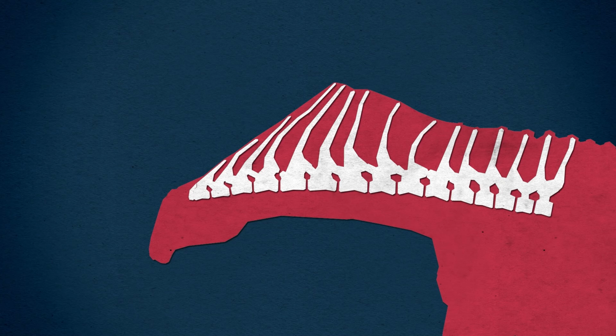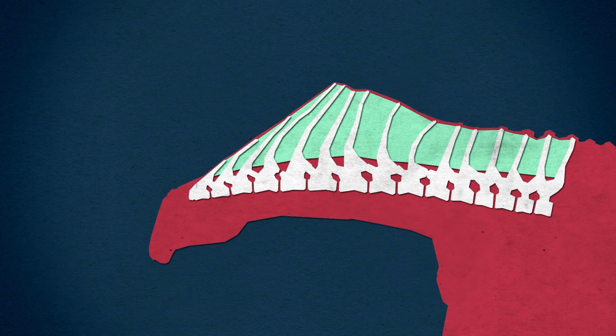You see, the Sharpey's fibers can't tell us exactly what they correlate to, but their distribution can give us hints. The Sharpey's fibers either only occur or occur most densely on the sides of the spines, not the front or the back. They occur not just clustered towards the bottom and not just towards the top. They're across the entire length of the spines. They are oriented kind of all over the place, but broadly forwards and backwards, diagonally to the surface of the bone. All of that implies that they were supporting a sheet or maybe a web of ligaments in between each